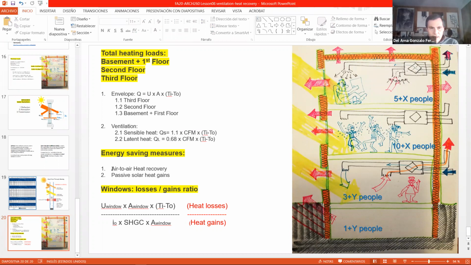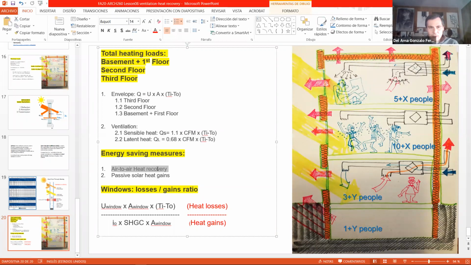Okay, so now we have to measure those energy savings. I will teach you how to calculate the savings using heat recovery, and we will take into account the passive solar heat gains. Okay, so at the end, we will compare a window without any